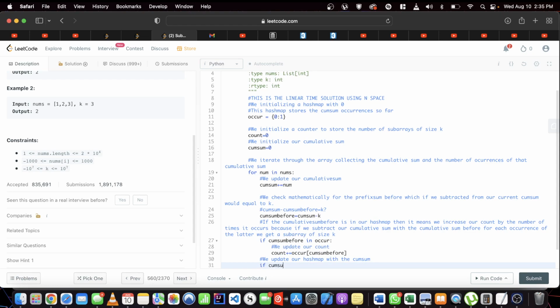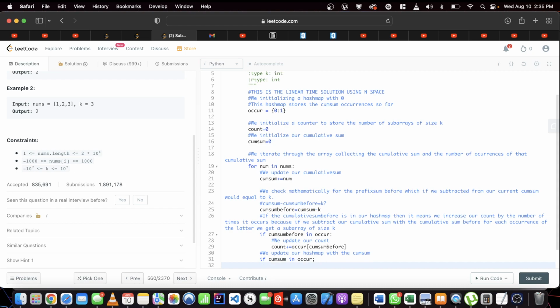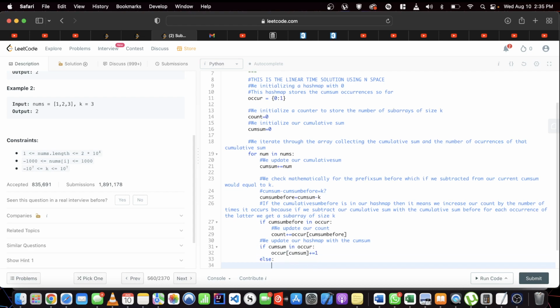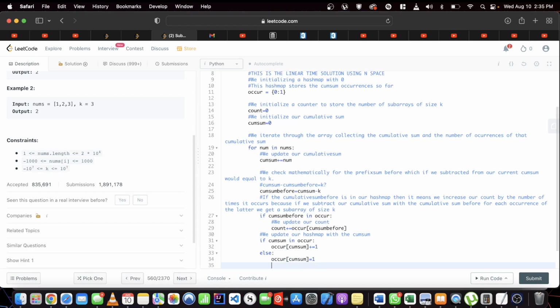So if cumulative sum is in hash map in occur, then occur at cumulative sum plus equals 1, else occur at cum sum is equal to 1, right? So this is how we fill our cumulative sum before, right? And this is how we find our current cumulative sum,